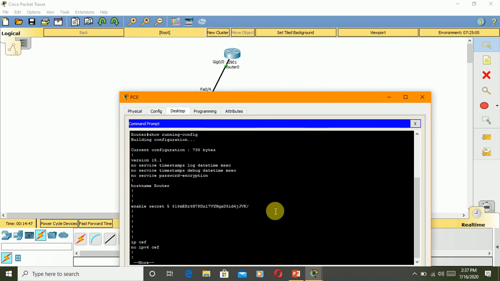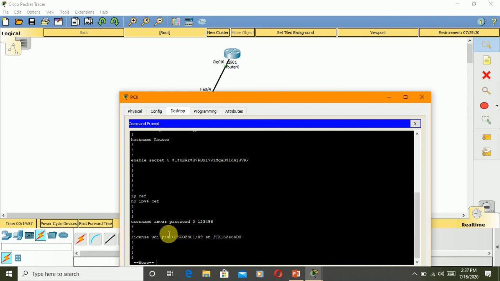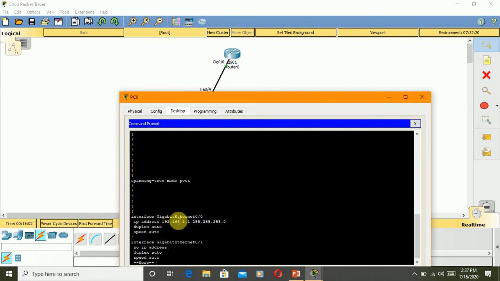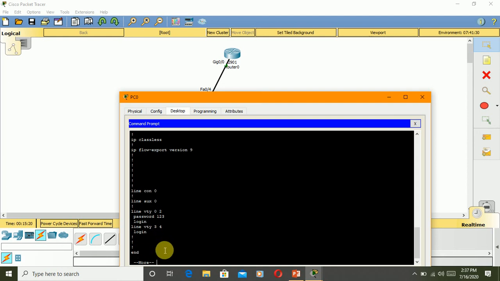In the running configuration, now I create a username and password. This is the password, and I configure the interface gigabit 0/0. The IP address is this one, subnet mask, and line VTY 0 to 2, and this is the password of line VTY 0. So through this method you can connect from your system to any of the routers in your network through